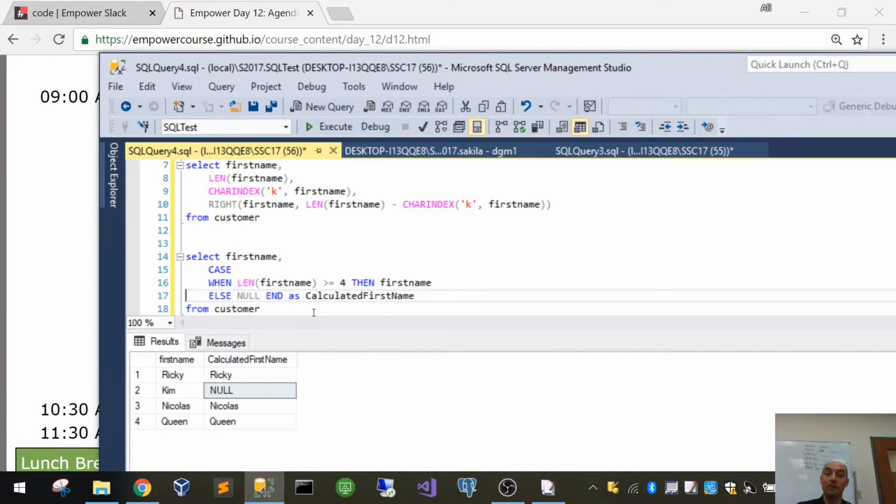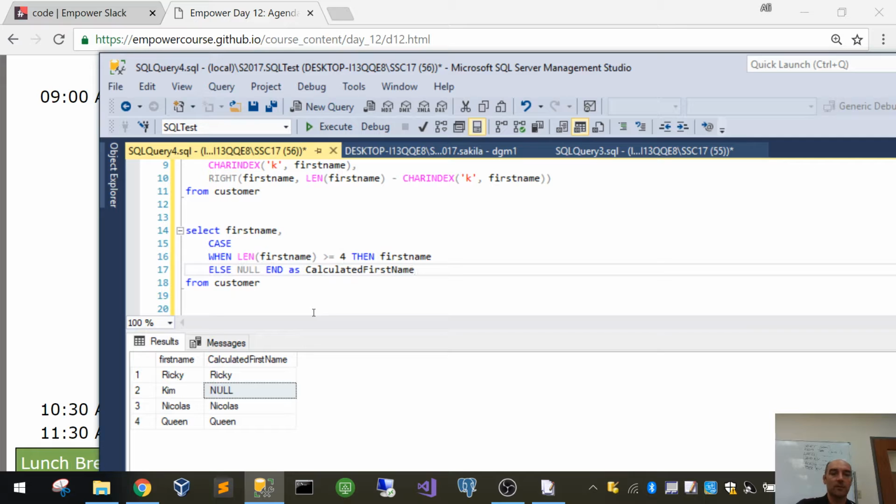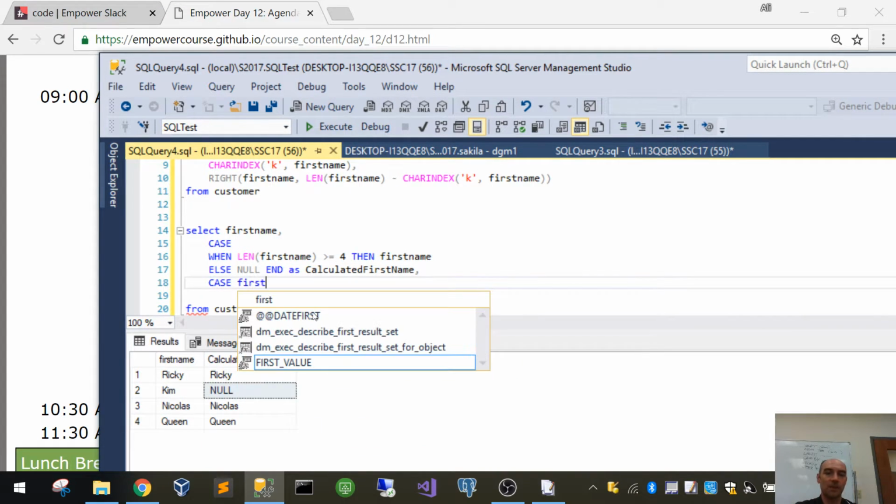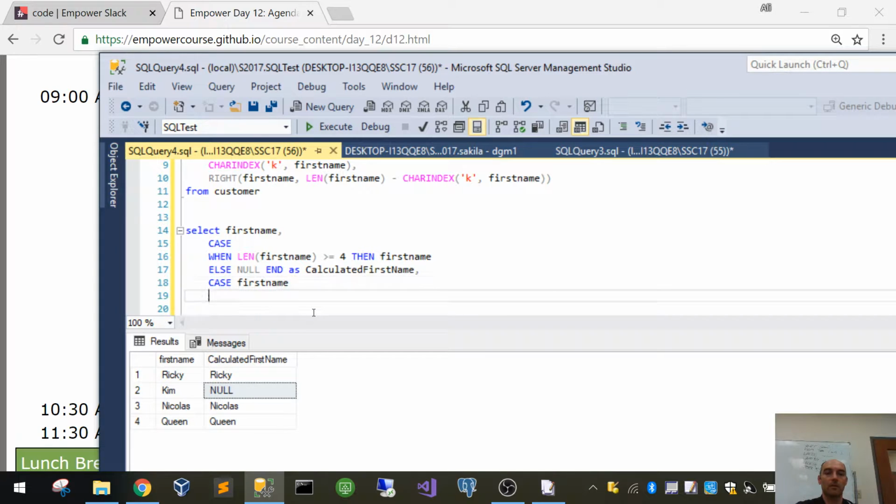And the last one, if you want, you can say else, whatever, anything else. Another way is, that's flavor one, case first name. So what we're doing here is look at the value of that and then find the one that matches. So in this case, we're going to say Ricky